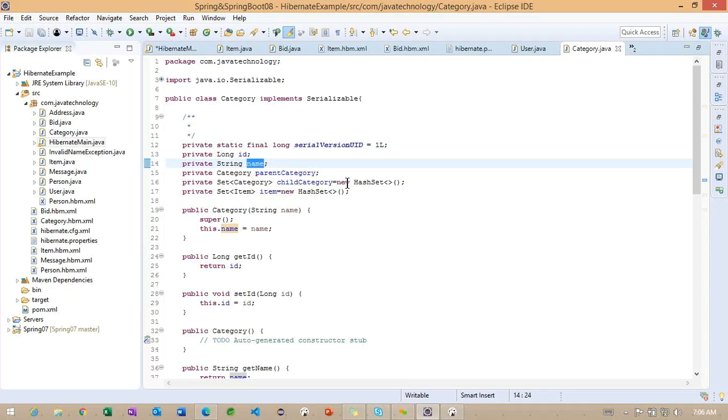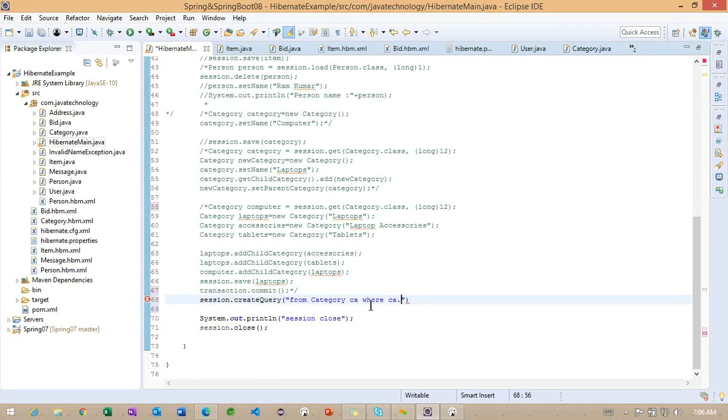So name we can check here: C dot name. So C dot name is equal to, we can make it a named parameter here, and what I can do here, it will return the query object.